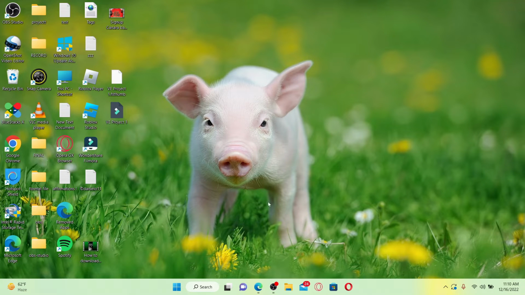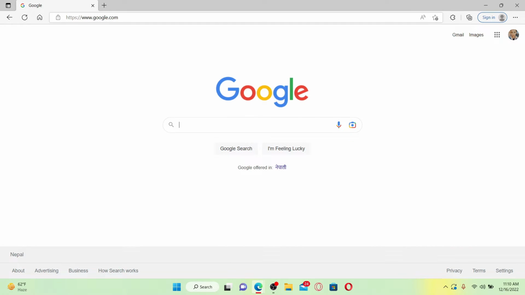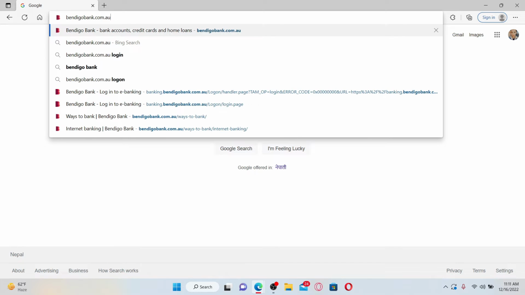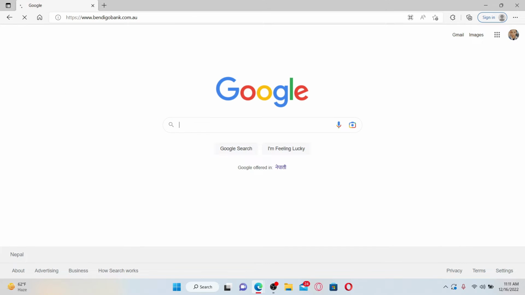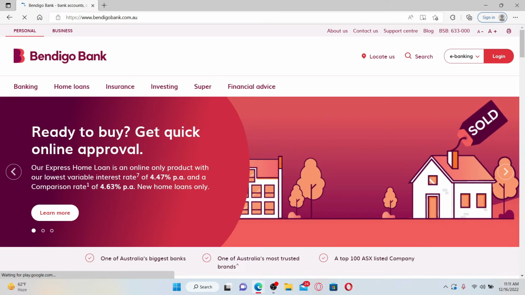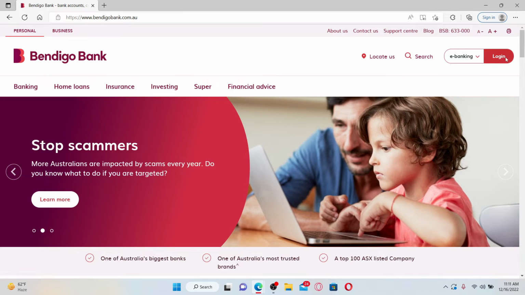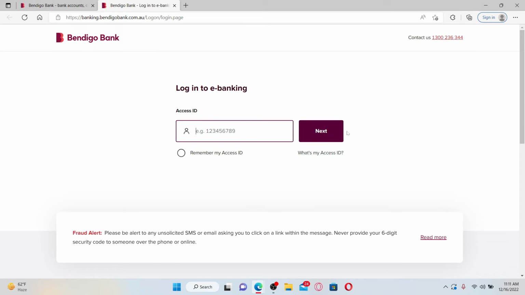Start off by opening up a web browser. In the web address bar, type in bendigobank.com.au and press enter on your keyboard. Soon after you do that, go and click the login button, but make sure that you've selected e-banking from the drop down. And once you click on login, this will open up a new tab taking you to the login